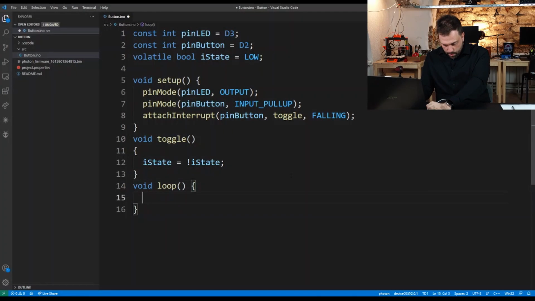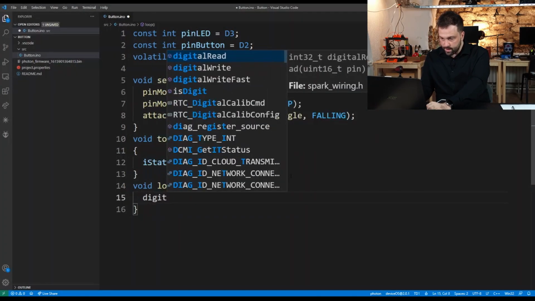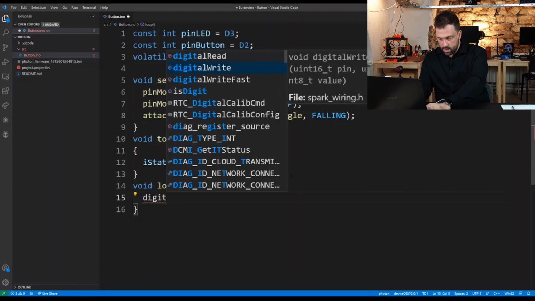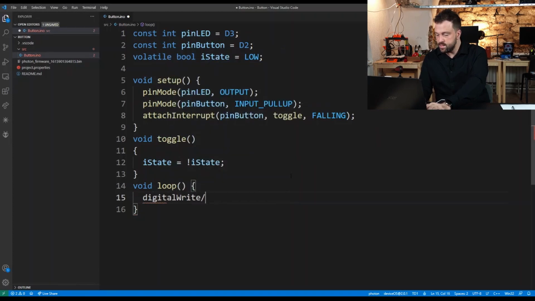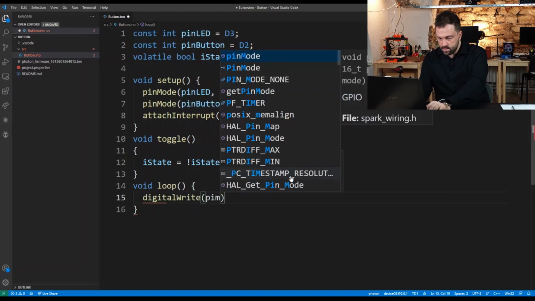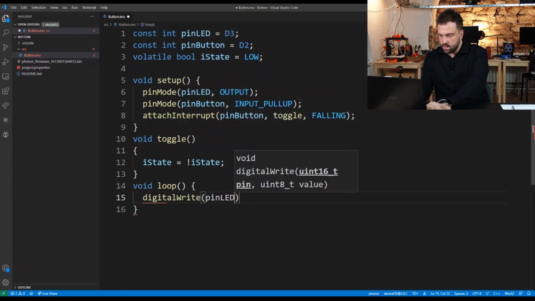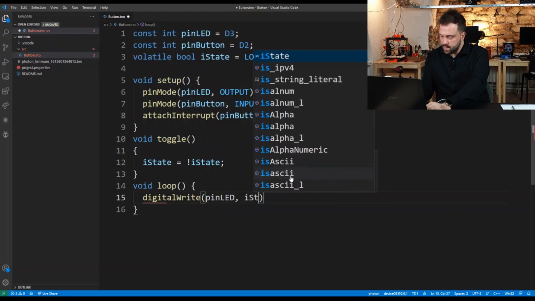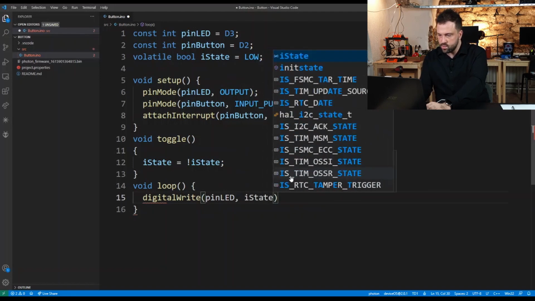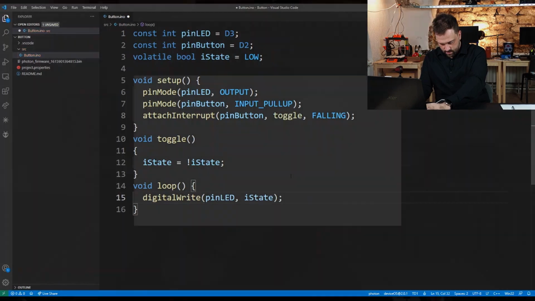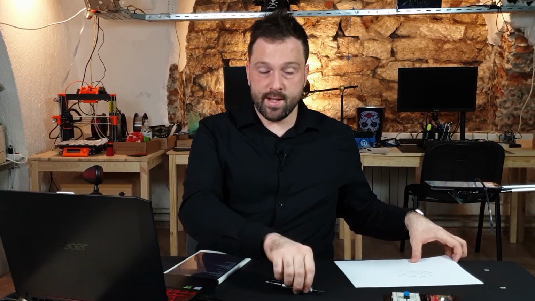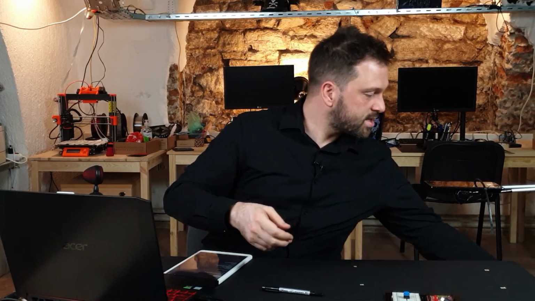And in the loop, what I'm gonna do is digital write, pin mode, pin LED, and I'm gonna set it to iState. This will work. We can try it, but before, let's create